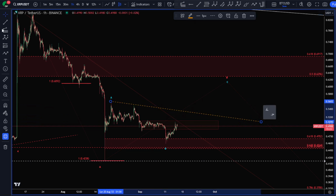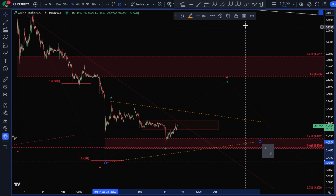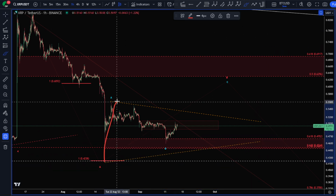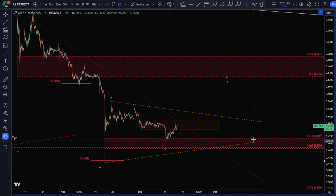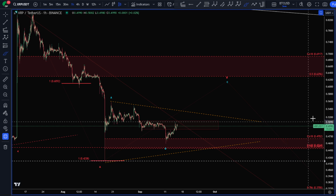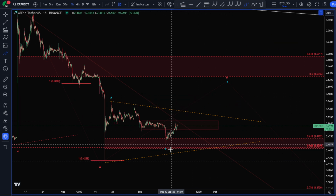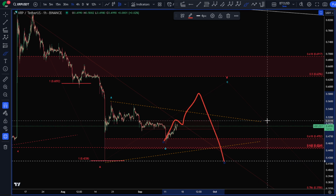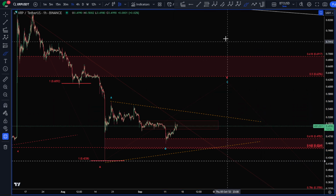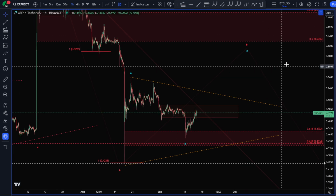For example, these are just examples of what you can get. We can get a triangle in here, A, B, C, D, E, and we just fall apart to the downside and go for that C wave in our first wave of the ending diagonal, or we could just tag slightly above and then fall off a cliff as a WXY. There's just too many options to happen here to be a high probability trade, so I'm going to stay sidelined